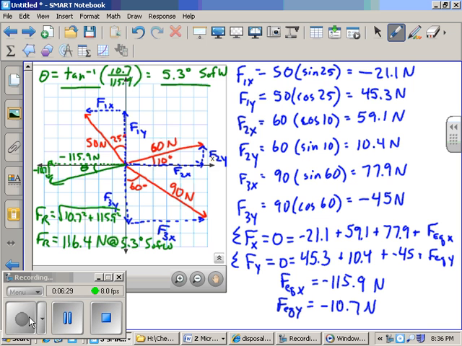I'm not really sure that this gave us compass headings, but just for easiness sake, I said south of west. And used Pythagorean's theorem to calculate the equilibrant force, excuse me, of 116.4 newtons at 5.3 degrees south of